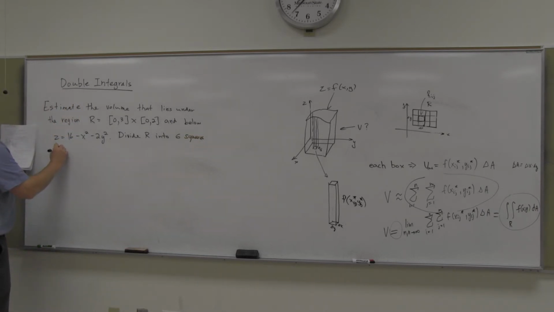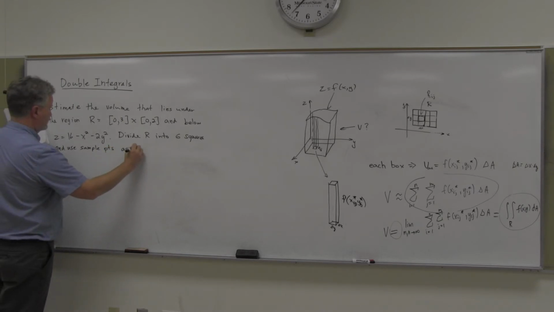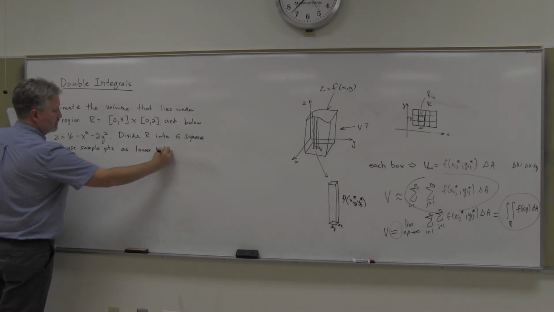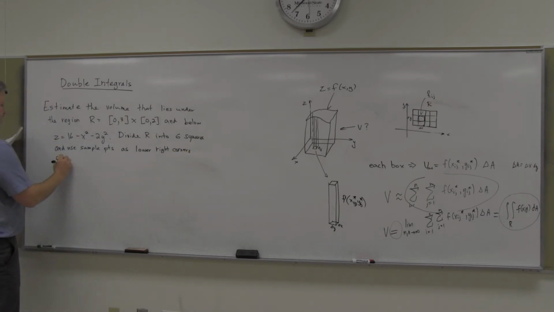And use sample points as the lower right corners for each i and j. Okay, a little bit wordy problem, but okay. And probably I'm not going to try to draw this thing here, but